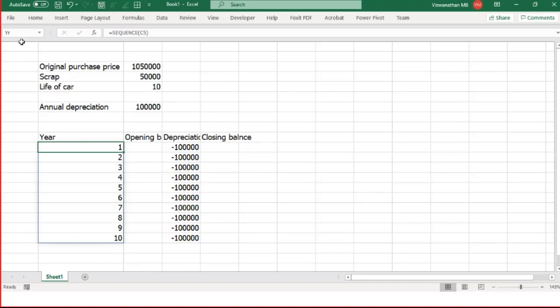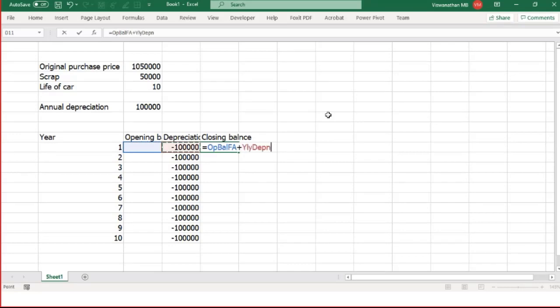Now what should be our closing balance? Closing balance has to be opening balance plus depreciation. Now our opening balance is also going to be a dynamic array. Depreciation is also going to be a dynamic array. I mean, closing balance has to be opening balance minus depreciation, but our depreciation numbers are already shown in negative here. So what you can do is you can put your opening balance as, our closing balance is going to be opening balance plus depreciation.